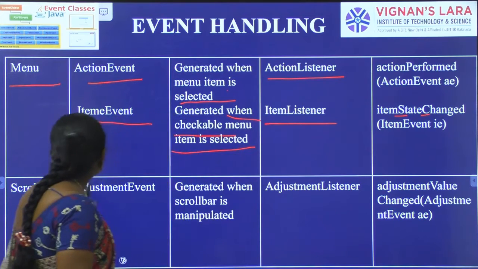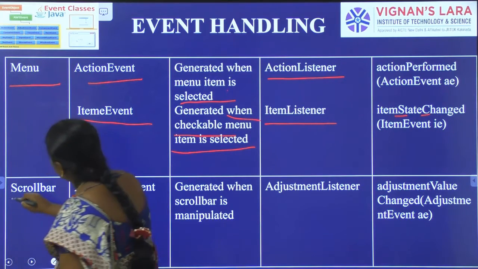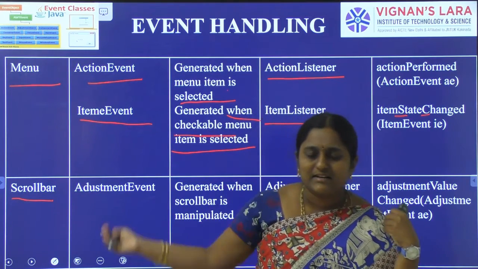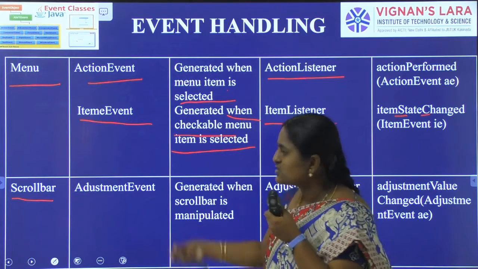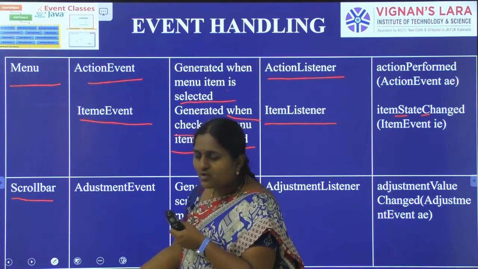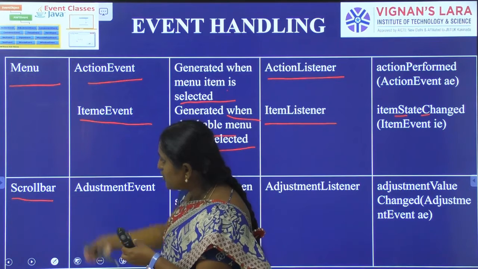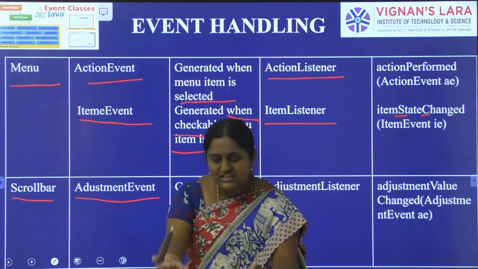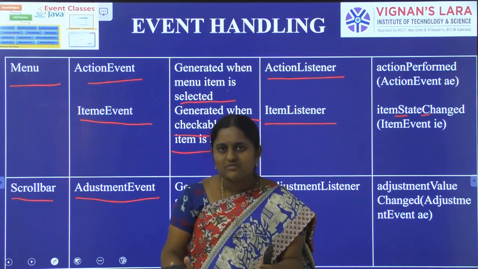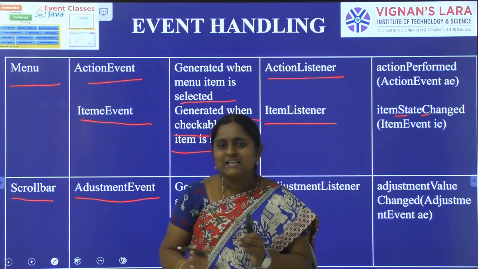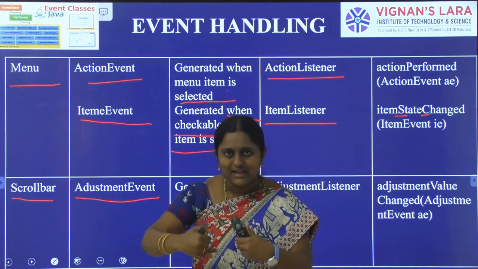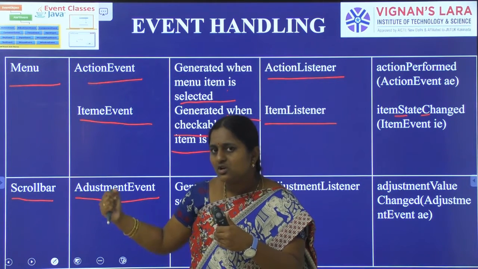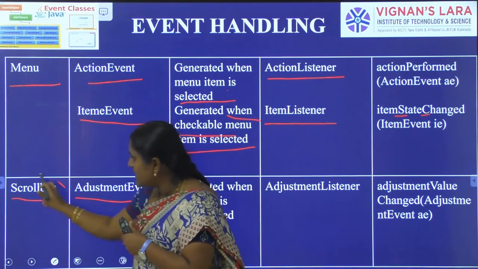So coming to the next source. Here scroll bar is the source. Suppose our text is greater than the selected area, or our text is less than the selected area. So we can scroll up and scroll down the page. In that case also an event is generated. Whenever we scroll down or scroll up the page, which event could be generated? Adjustment. So we can adjust the page, we can adjust the window. One window is visible, and our selection is greater or less than the area, so we scroll up and scroll down the page. Whenever we scroll the scroll bar, it is the source.